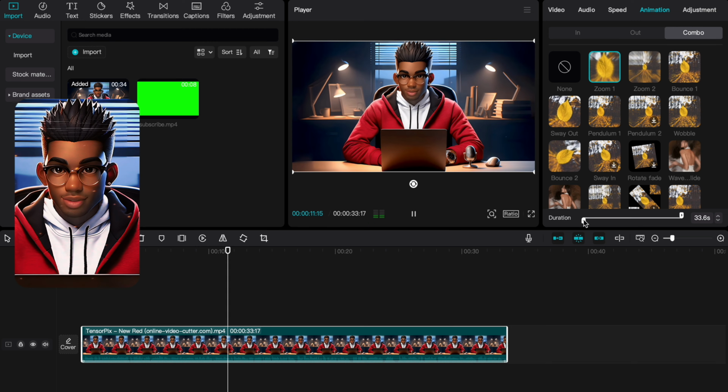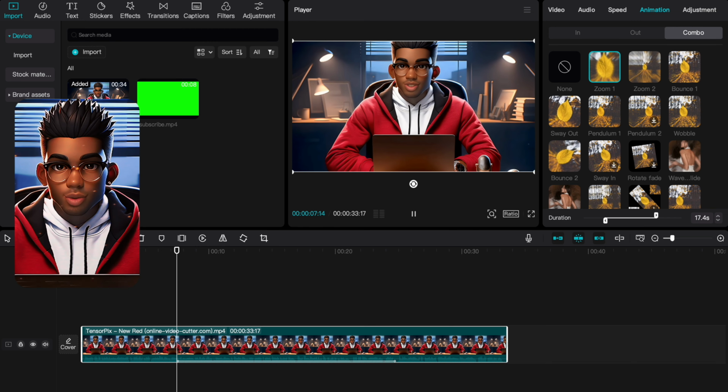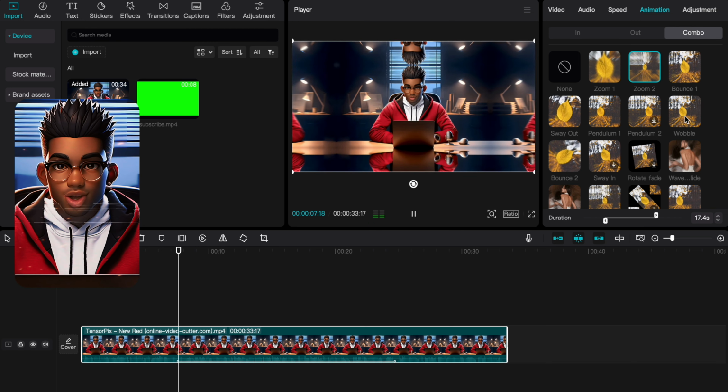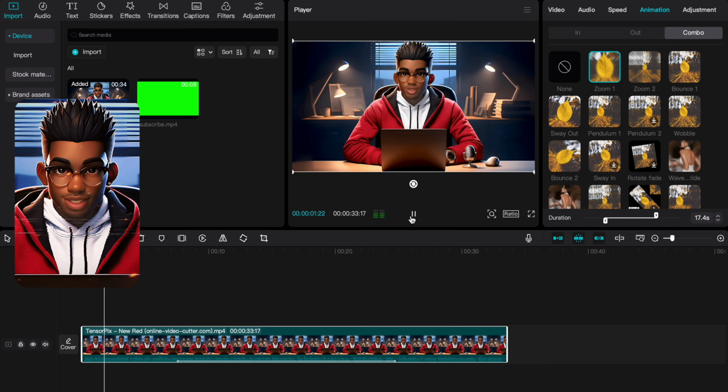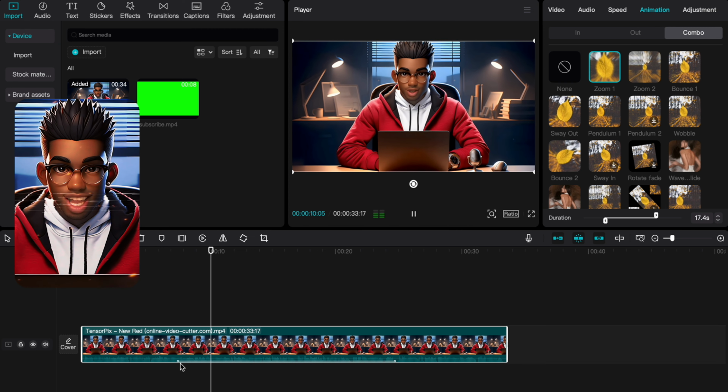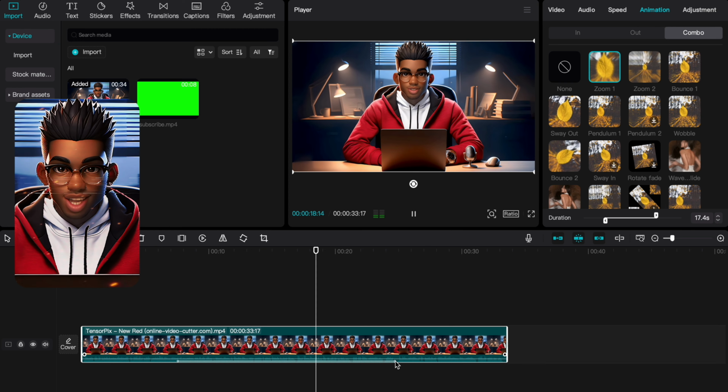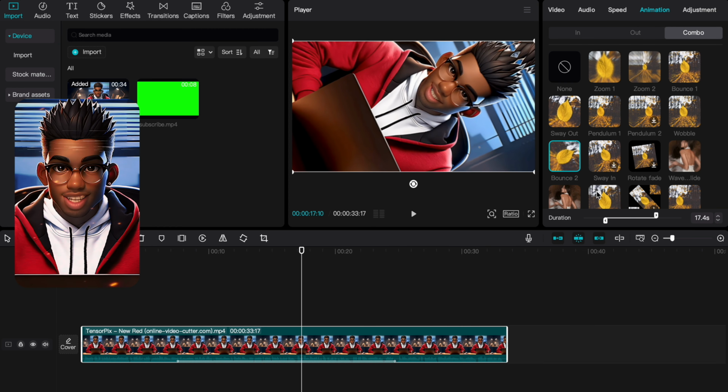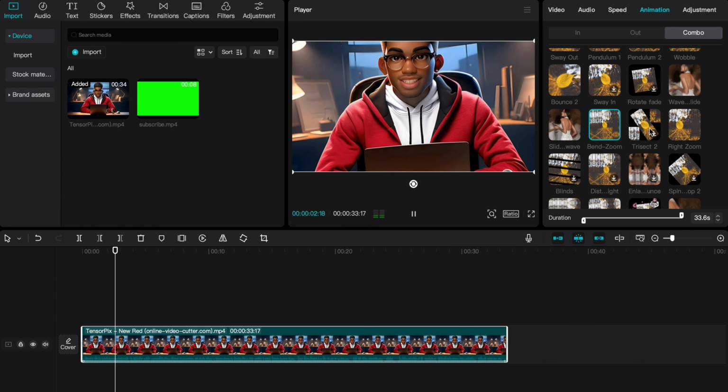These animations are incredibly flexible, allowing us to apply them at the beginning, middle, end, or even throughout the entire video. The line at the bottom of the clip shows exactly where the animation is taking place. Always make sure to play back and see how it looks because some animations might not work well in the middle of a clip. And the best part? All of this is completely free in CapCut, so feel free to experiment and get creative